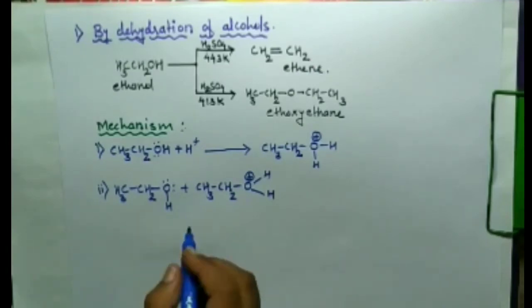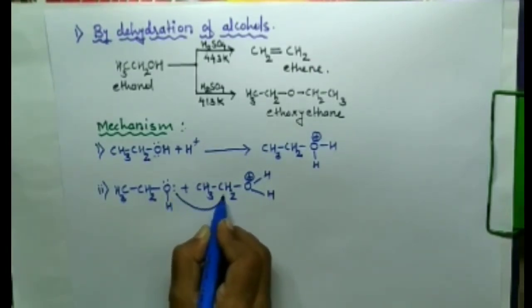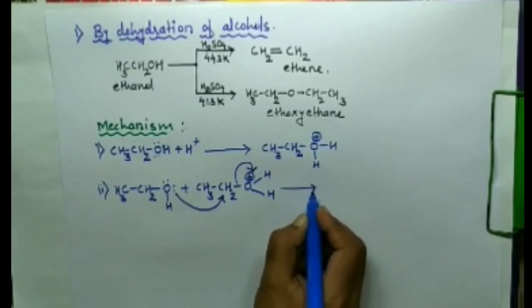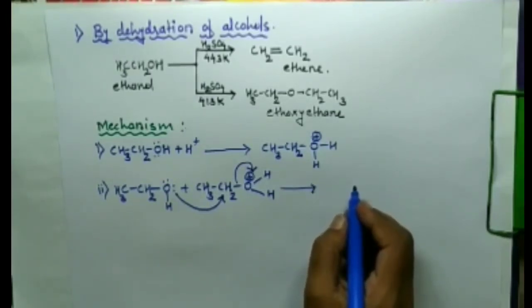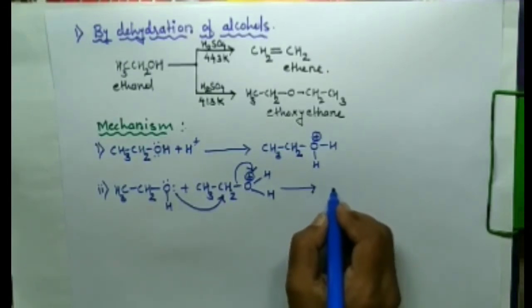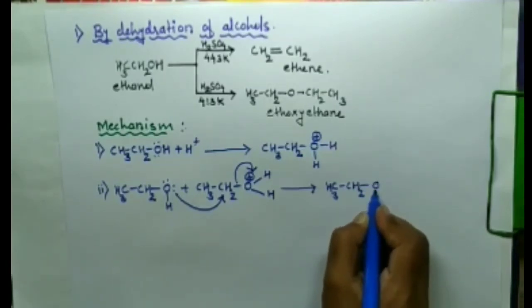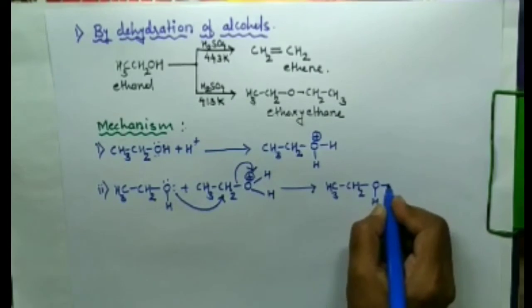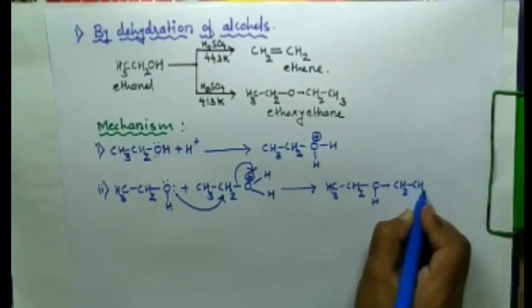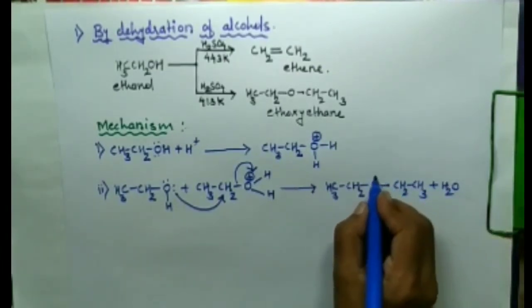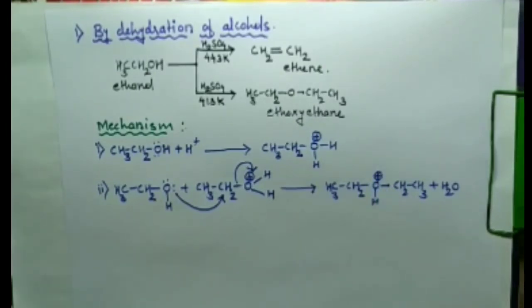Now this lone pair will attack this carbon, and it will neutralize the positive charge, and we will get the product with the loss of a water molecule, plus H2O, and this will have a positive charge because it has donated a lone pair. So this is the second step,